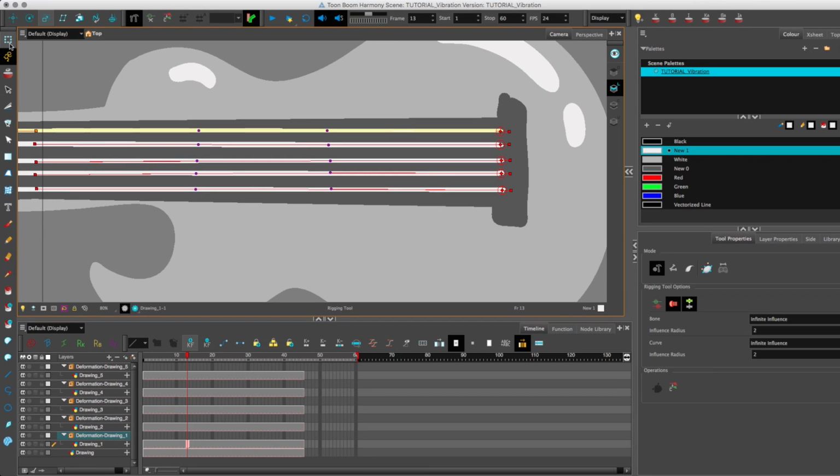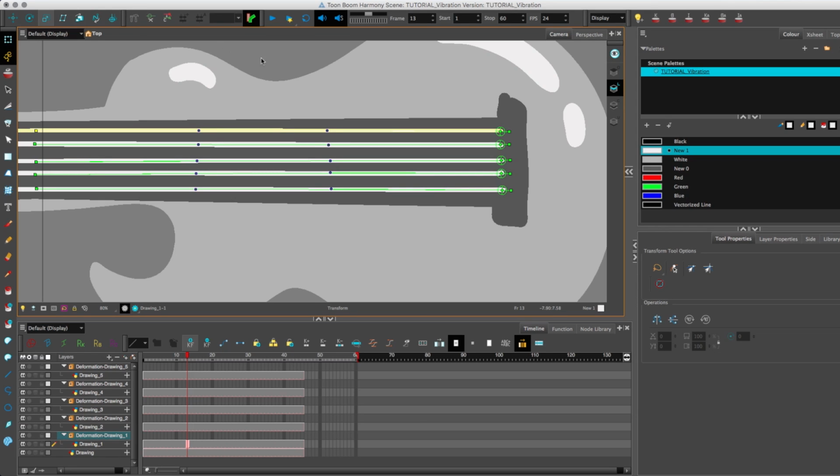Moving over to the free transform tool, which will allow me to animate these. Now pulling on each of the Bezier handles, I can change its shape accordingly. You can probably tell what's going to be happening next.